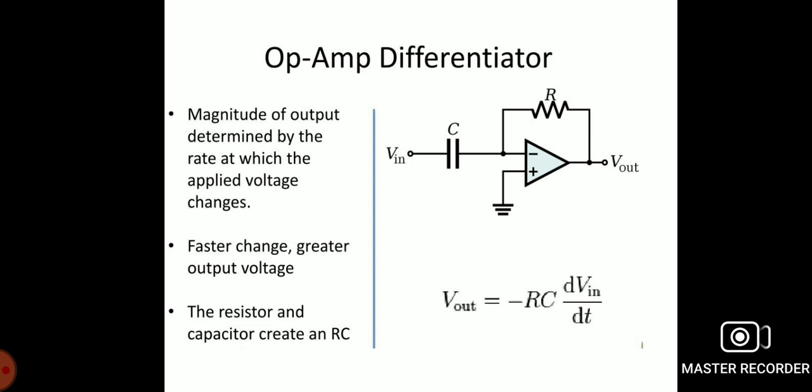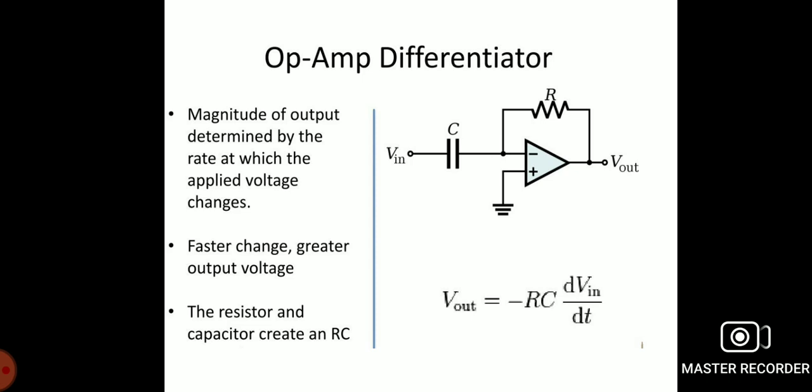So using the nodal equation at the inverting input terminal, with the resistance and the capacitance, the output voltage is equal to negative of RC into dVi divided by dt. Here RC is 1 second. We can approximately assume RC is equal to 1 second. Then the output voltage V0 is equal to minus dVi divided by dt. Here Vi is the sum of the input voltages. What is the input voltage? Vi is equal to V1 plus V2. So it is d(V1 plus V2) divided by dt.